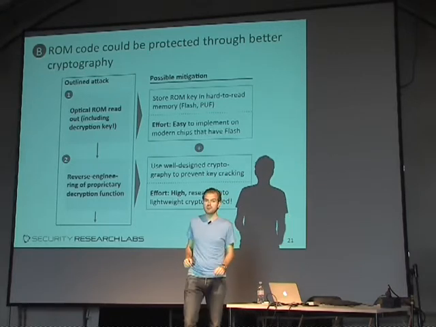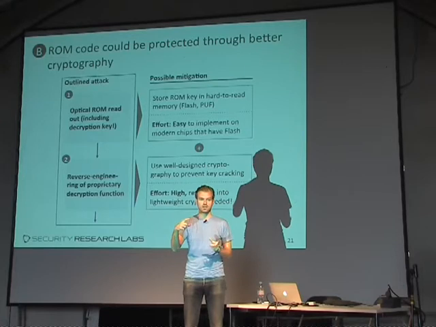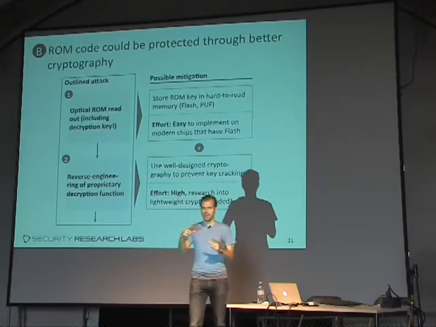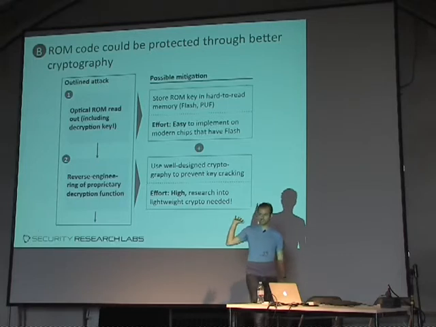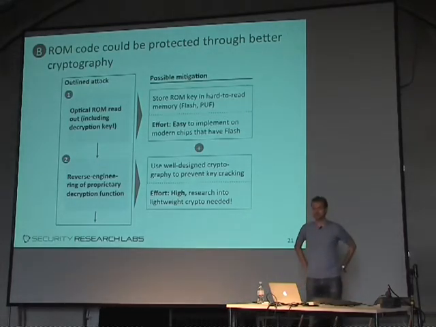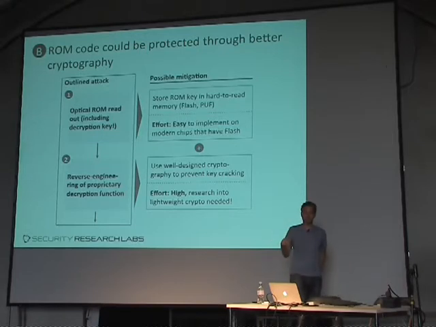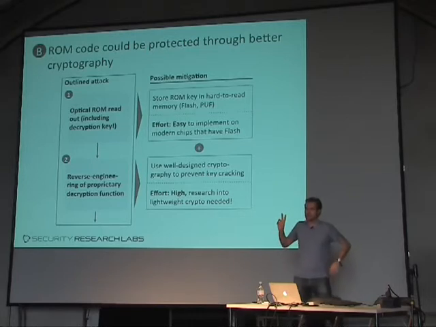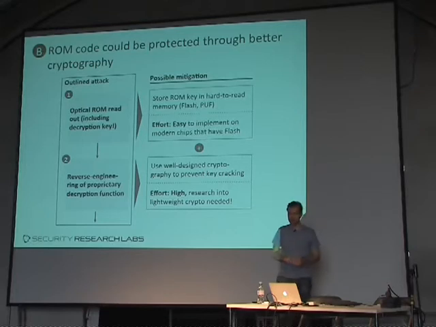So we read out the memory. We have an encrypted instance of the memory from optical ROM images, and we do have the decryption function, reverse engineered with this dgate program to decode it. Now, one thing that's missing, of course, is the secret key to decrypt it. And where would that be stored on all these smart cards? It's in the ROM, right next to what you just read out. Right? So you get all 3 pieces to the puzzle, and you decrypt the software. Now, this third fact,